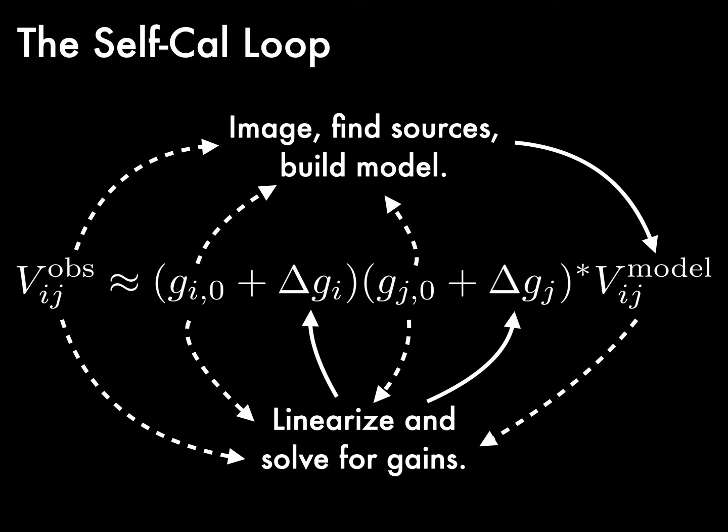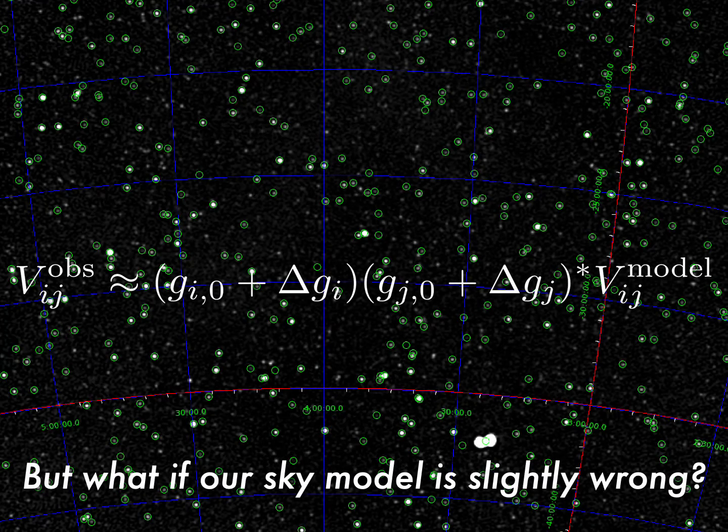You find the sources. You build a model of your sky that is deeper and deeper. You then go back and forth. You use that updated model to find updated gains and so on, and you do this iterative process called self-calibration. And the challenge here is what happens when our sky model is slightly wrong, because our sky model is extremely complicated